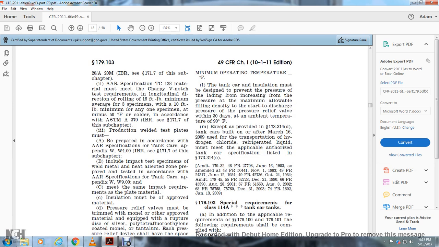Minimum operation temperature Fahrenheit. The tank of the installation must be designed to prevent the loading and unloading from increasing the pressure, for the maximum allowable filling density, to the starting of the discharge pressure of the pressure relief valve within 30 days at an ambient temperature of 90 degrees Fahrenheit. Except as provided in 173-314(d), the tank car built on March 16, 2009,